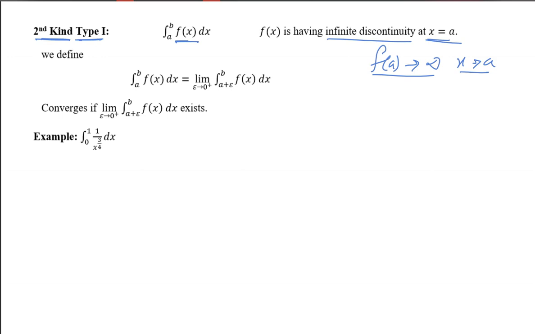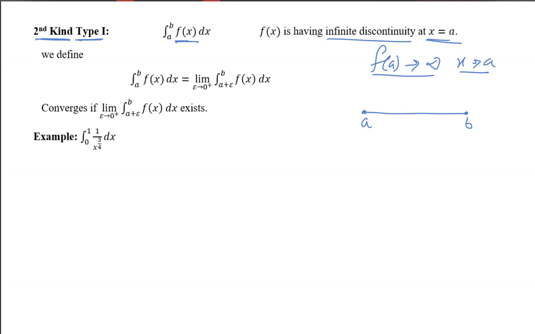Now you see, in this integration only at this end point a we have an infinite discontinuity, and all other cases have a finite number of finite values. So only at x equal to a we will get an infinite value. Suppose this is the range a to b. At this point a we have a discontinuity and no other point of discontinuity. So what we do is we just skip this point a and integrate.